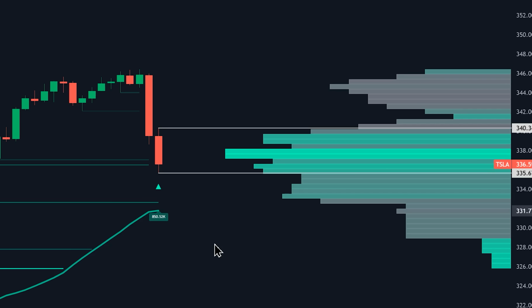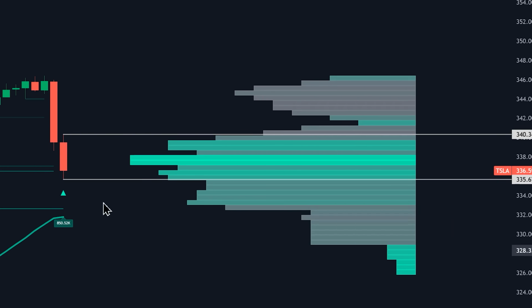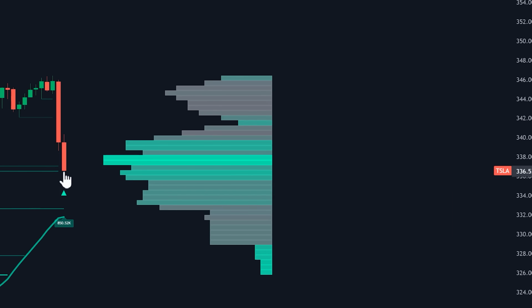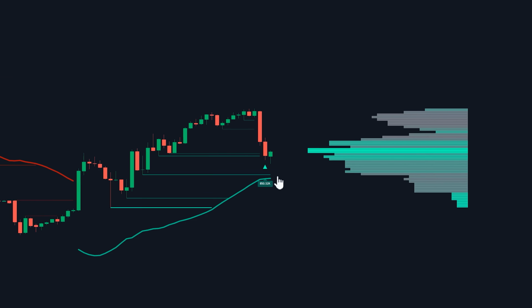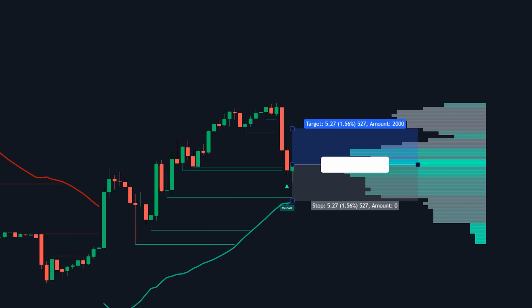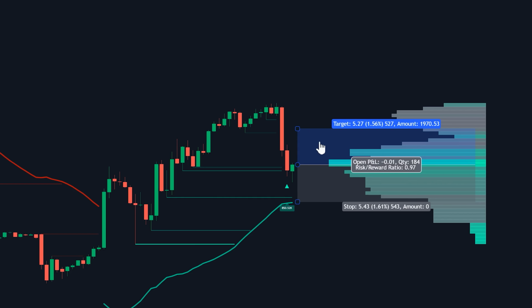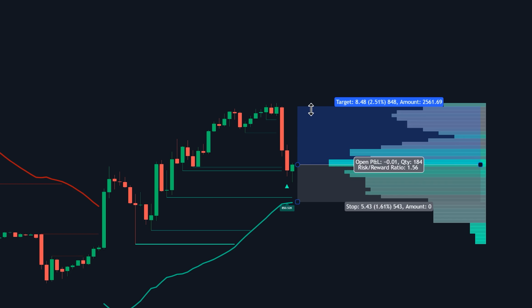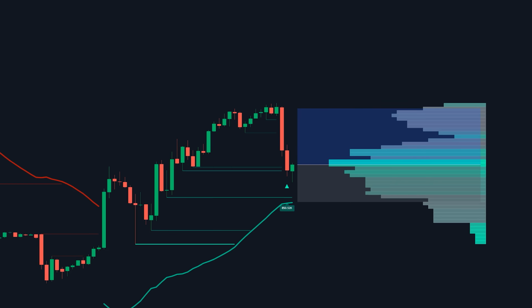We obviously can't enter a trade on a red candle, so we want to wait for a green candle to be printed. And throughout this wait, the trend should remain bullish. Once a green candle appears, like this one, we take a long position. The stop loss is going to be placed in line with the trend filter line, and the take profit will be set at 1.5 times the risk. Letting the trade run,